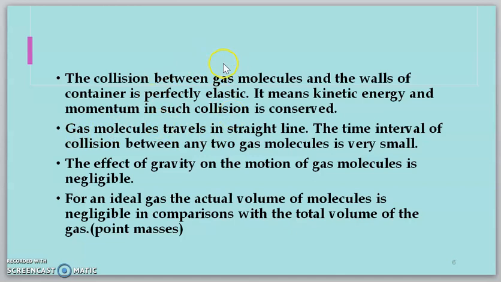And as the molecules strike on the walls, they create force on the wall, thus exerting pressure. And as we know, pressure is force per area. What it means? As molecules are in continuous motion, they are randomly moving, and because of this random motion, collision occurs between the gaseous molecules and the walls of the containers, and because of this collision, pressure is created inside the container.